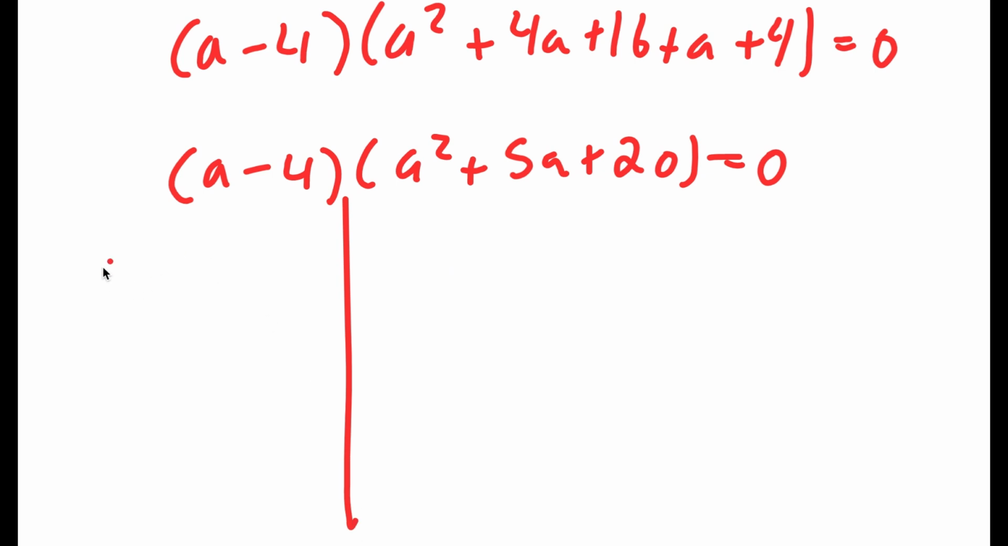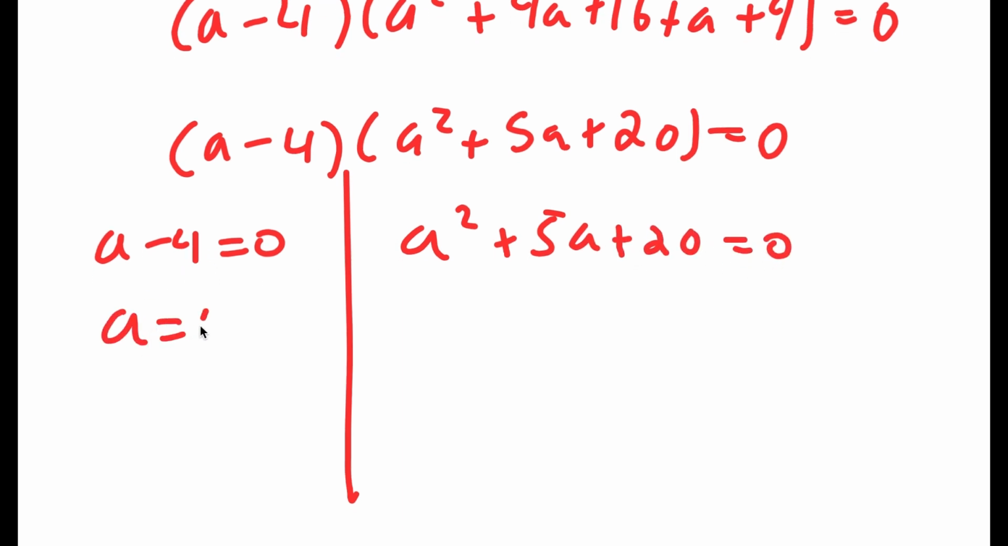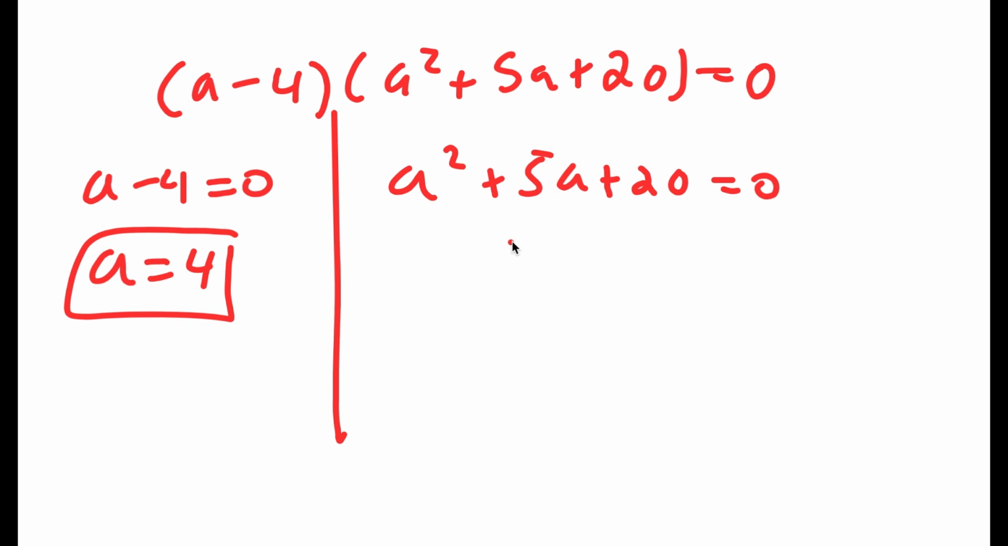So now this gives me two equations. I get a minus 4 is equal to 0, and a squared plus 5a plus 20 is equal to 0. So for a minus 4 equals 0, a is obviously equal to 4. And for a squared plus 5a plus 20 equals 0, I'm going to use the quadratic formula, but I'm actually not going to waste your time by actually doing it. So if you do end up doing it, you get that a is equal to negative 5 plus or